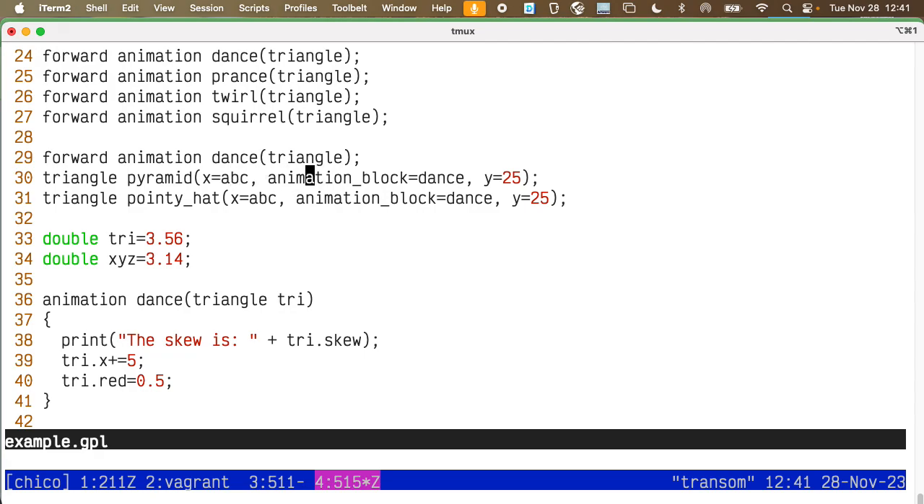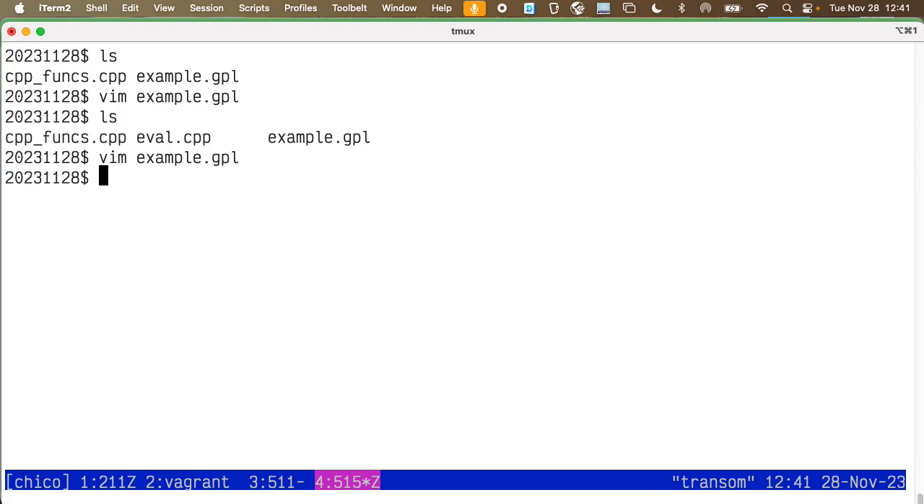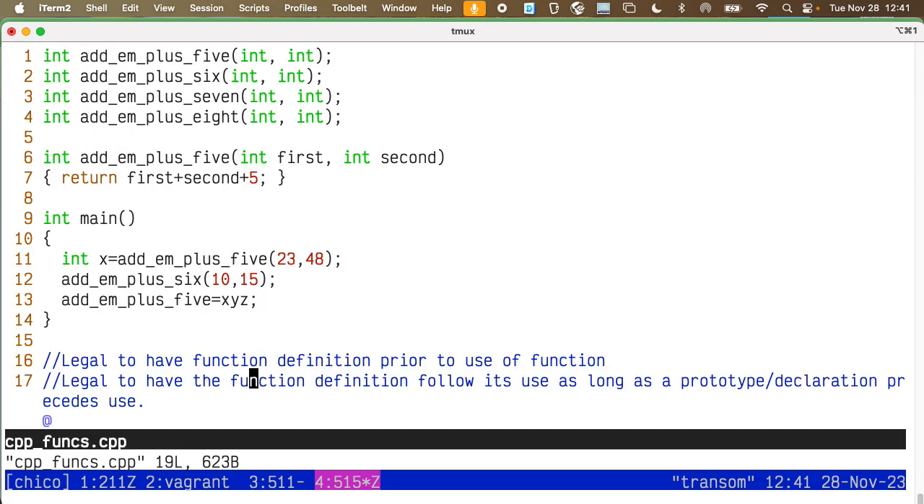The animation block attribute is the only one that is not an integer, double, or string. It is an animation block. Okay? And to begin understanding the functionality that you're going to have to put in place to support animation blocks, it is nice to look at a C++